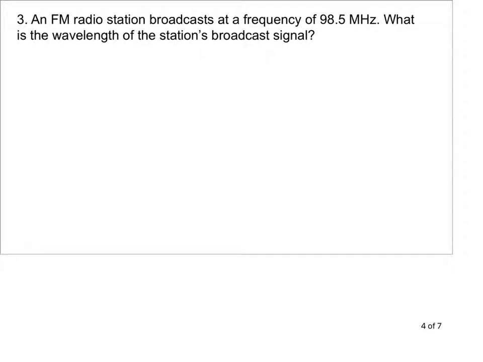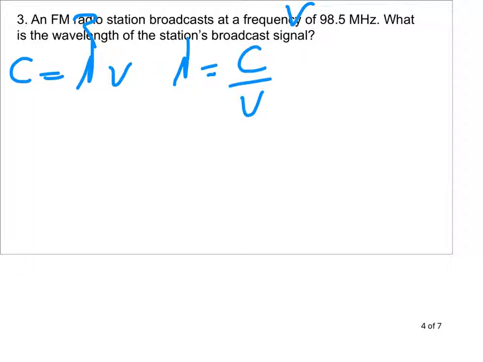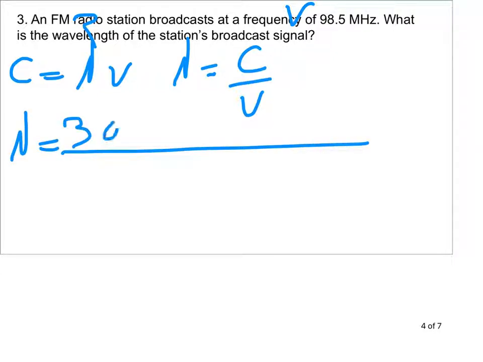And here we're given the frequency, and we want to know the wavelength. So, base formula again, c equals lambda nu. This time we're trying to find lambda equals c over nu. So lambda equals 3.00 times 10 to the 8th meters per second, dividing it by